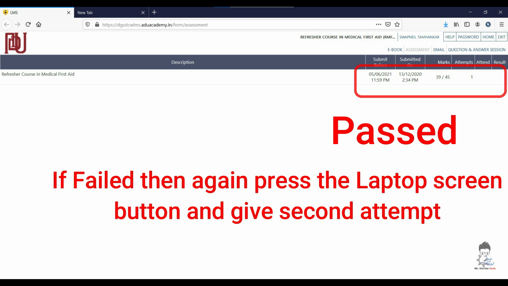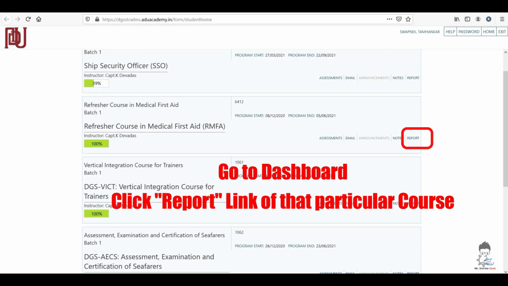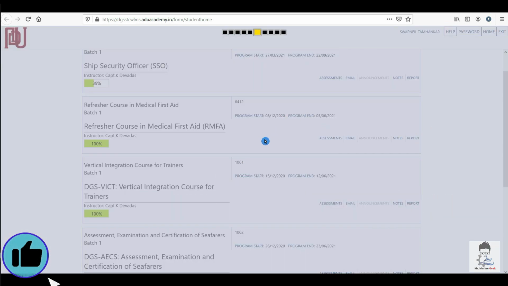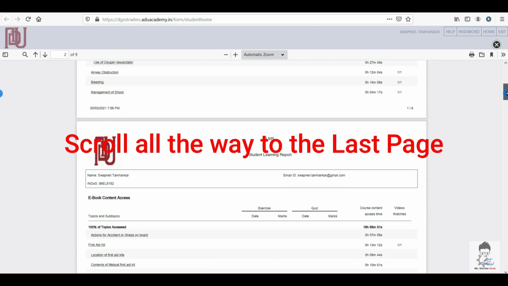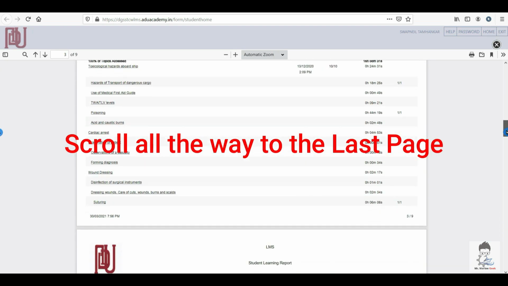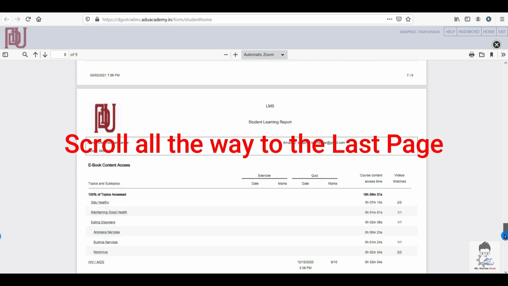And if you can still see that laptop icon under the attend section, that means you have failed and you have to give your second attempt. And once it is passed, you will not be able to see any link over there. There is another way also to find out whether you have passed or not. You just have to go to the dashboard, click on the report link on the main dashboard, and scroll all the way to the last page, page 7 of 7 or page 9 of 9.